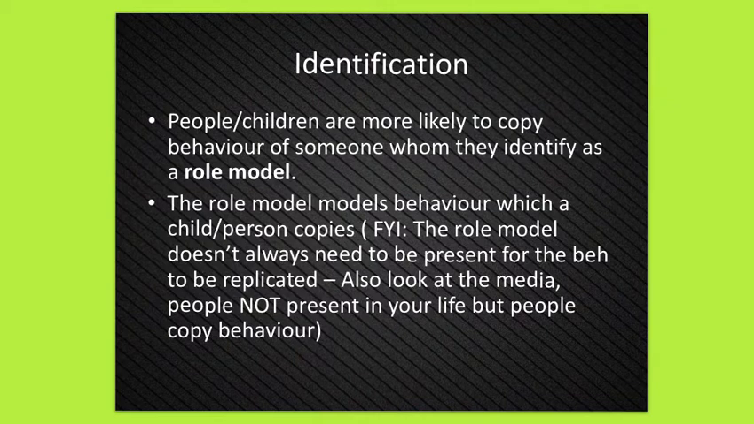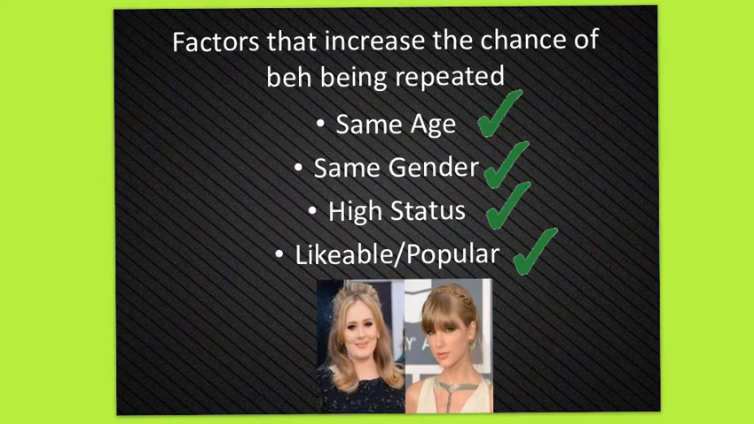Now, this process is called modelling that the role model is demonstrating. They're modelling the behaviour which then the person looks at and then tries to copy due to factors out of their control. Now, the factors that are out of their control that they cannot necessarily prevent from them being considered a role model is the fact that, okay, if they are the same age, same gender, high status, or likeable